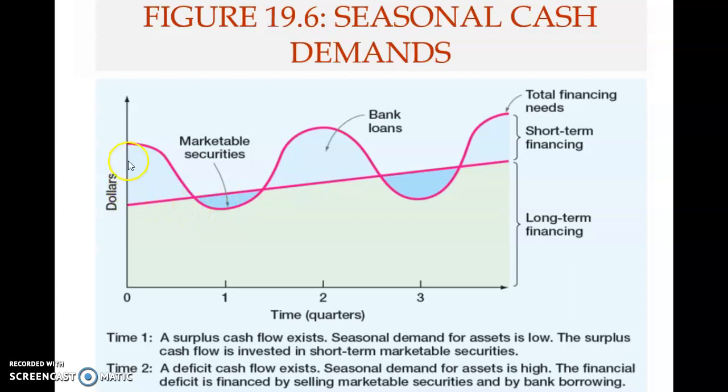So the actual assets will move this way. From here it goes down here, then it will move up. Or it will go up this way, rather than going down. This going down here is just an illustration. Because this portion will be marketable securities, and this will be part of the assets. Okay, so that is how this works. Marketable securities are purchased when there is excess cash at this point, and then